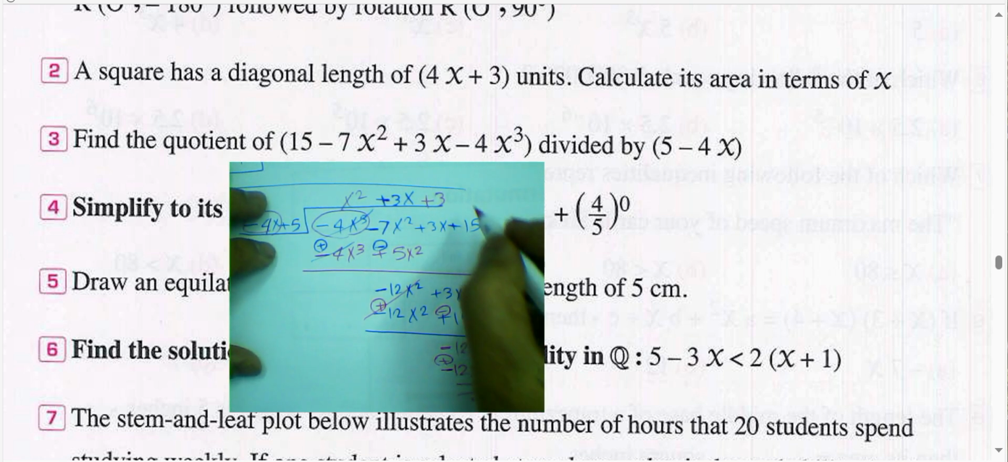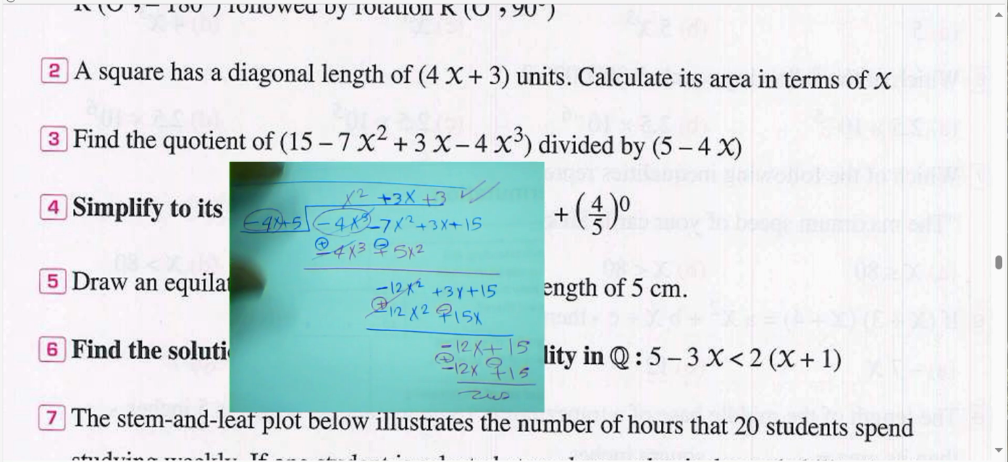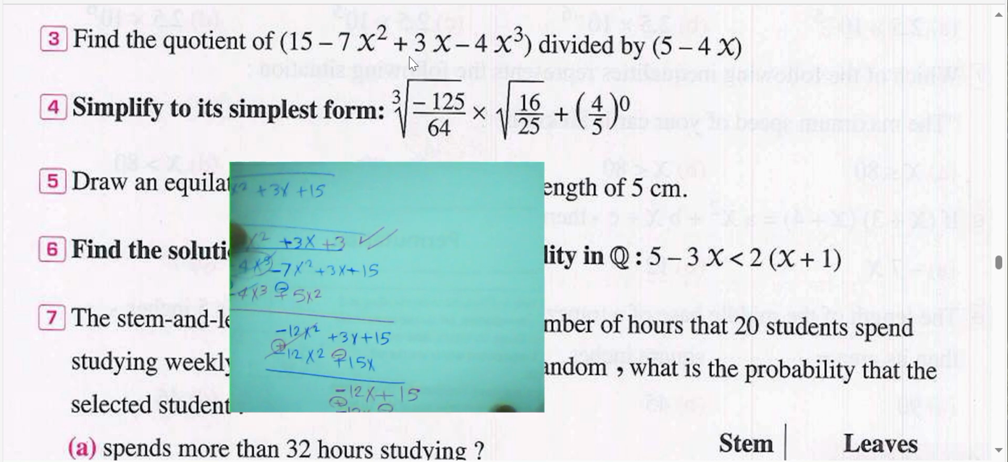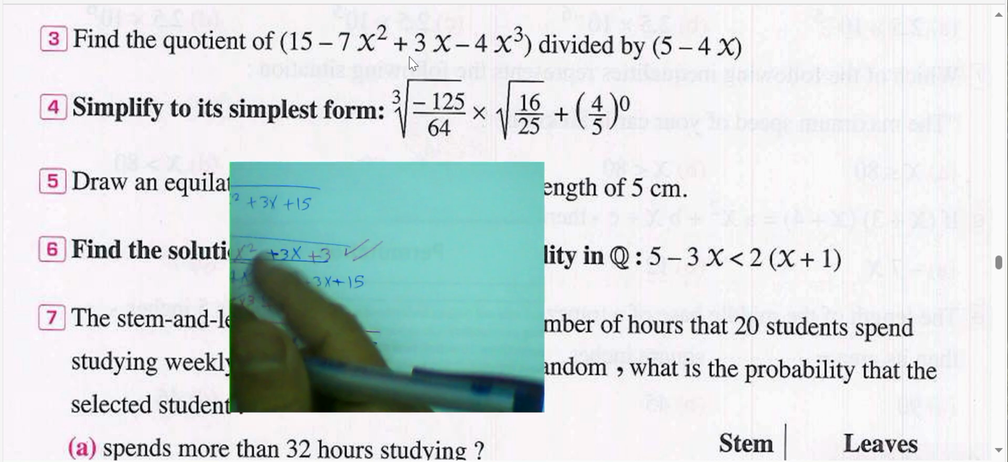Then the quotient here will be x squared plus 3x plus 3. It's the quotient of the division. Simplify to the simplest form. In this example, we want to find in the simplest form: